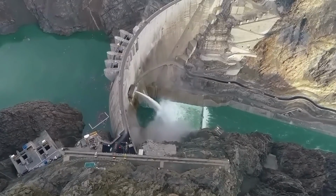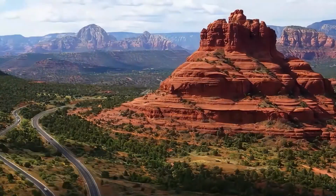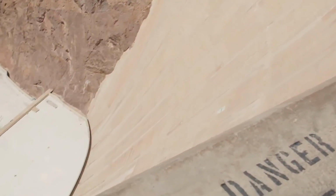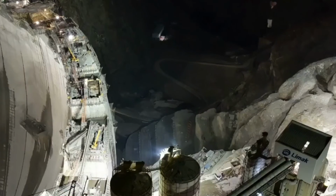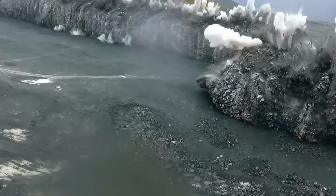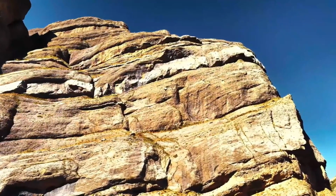The Hoover Dam's success lies not only in its massive scale and advanced technology, but also in its harmonious integration with the surrounding environment. To enhance the dam's stability, the designers needed to figure out how to seamlessly embed the dam's walls into the mountains on both sides. First, they blasted away the weathered and weakened rocks on either side of the dam. In areas where hard rock layers existed,